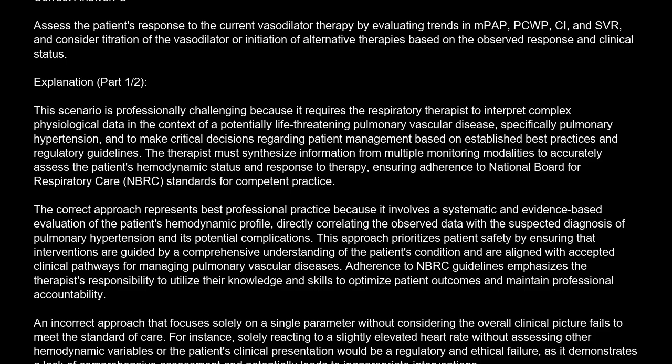The correct approach represents best professional practice because it involves a systematic and evidence-based evaluation of the patient's hemodynamic profile, directly correlating the observed data with the suspected diagnosis of pulmonary hypertension and its potential complications. This approach prioritizes patient safety by ensuring that interventions are guided by a comprehensive understanding of the patient's condition and are aligned with accepted clinical pathways for managing pulmonary vascular diseases. Adherence to NBRC guidelines emphasizes the therapist's responsibility to utilize their knowledge and skills to optimize patient outcomes and maintain